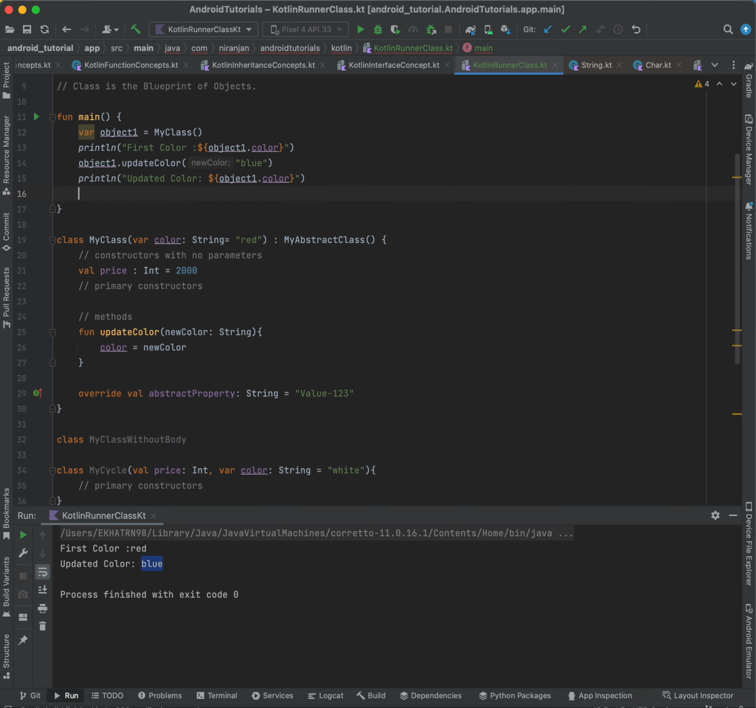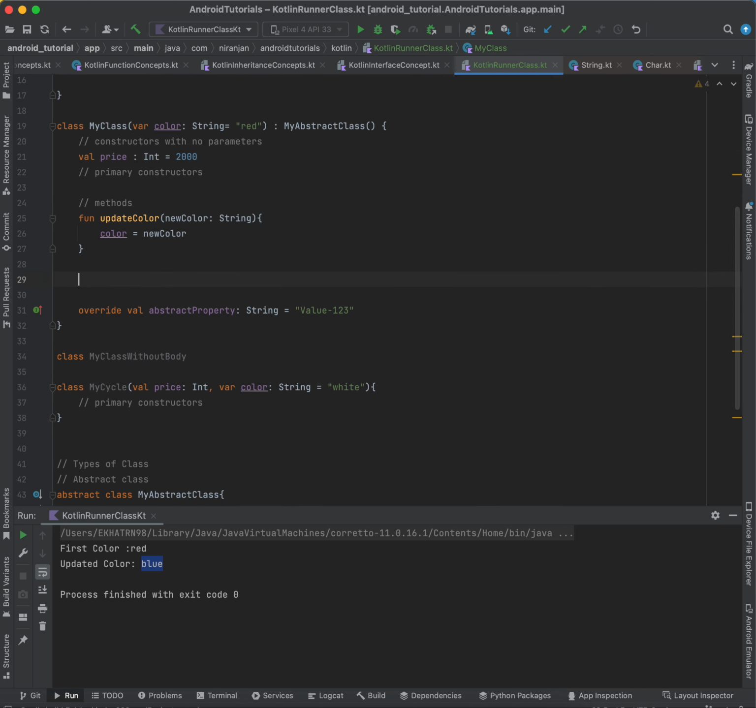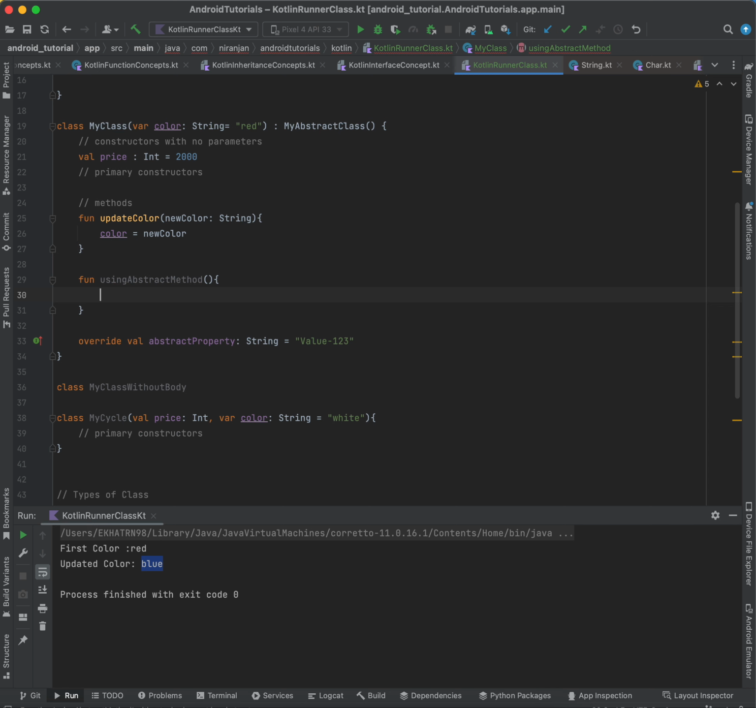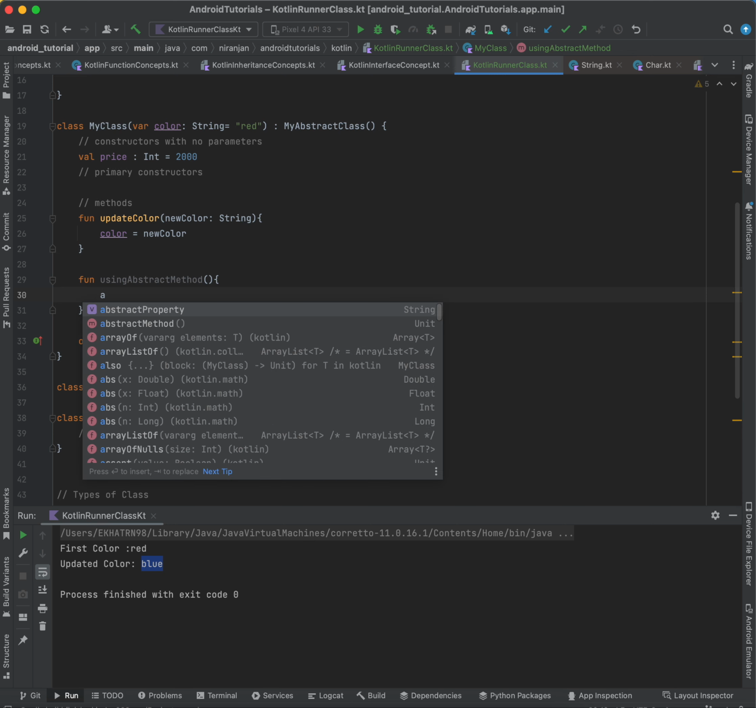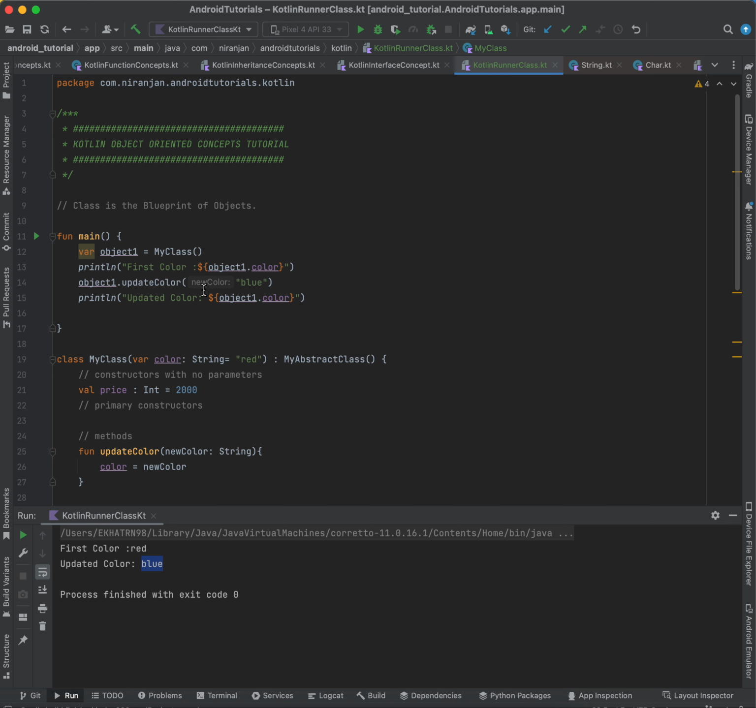But what I can do is I can create another method using abstract method. I can use... Okay, you see I'm using the abstract method here. So if I call this method,